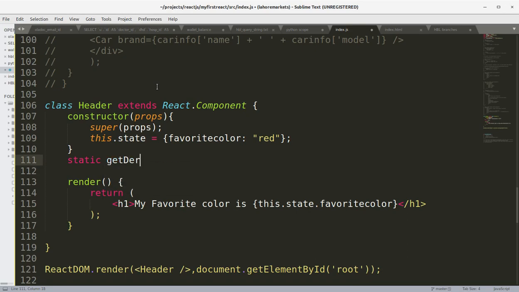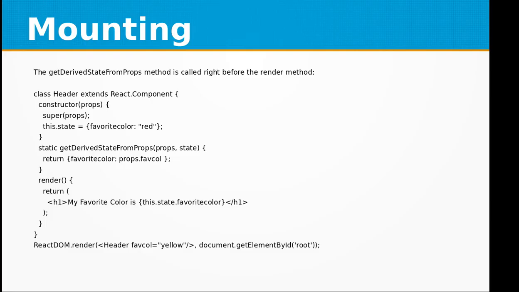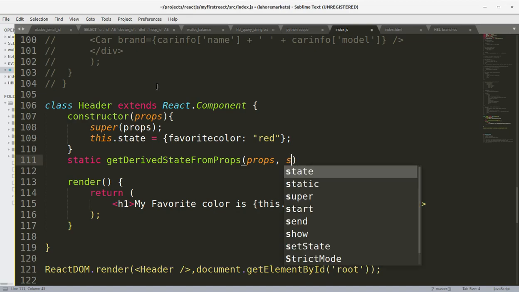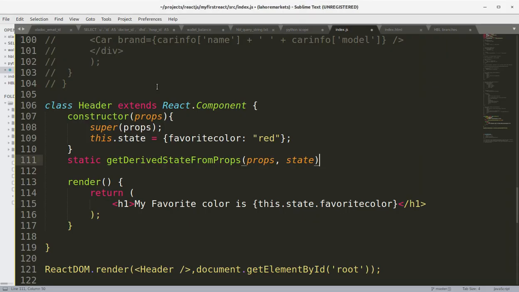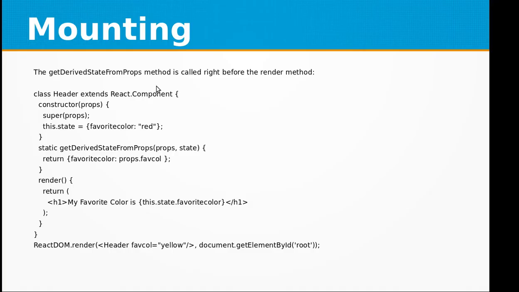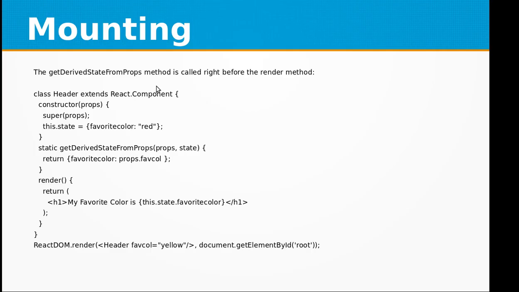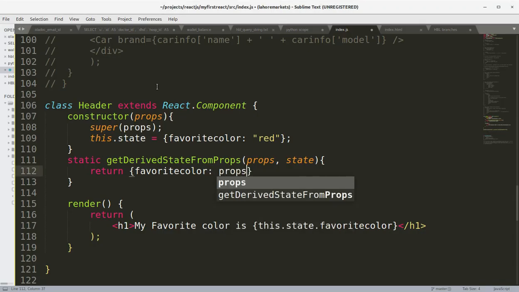Static getDerivedStateFromProps, and we are getting props and state as arguments, and we are returning favoritecolor colon props.favcol,